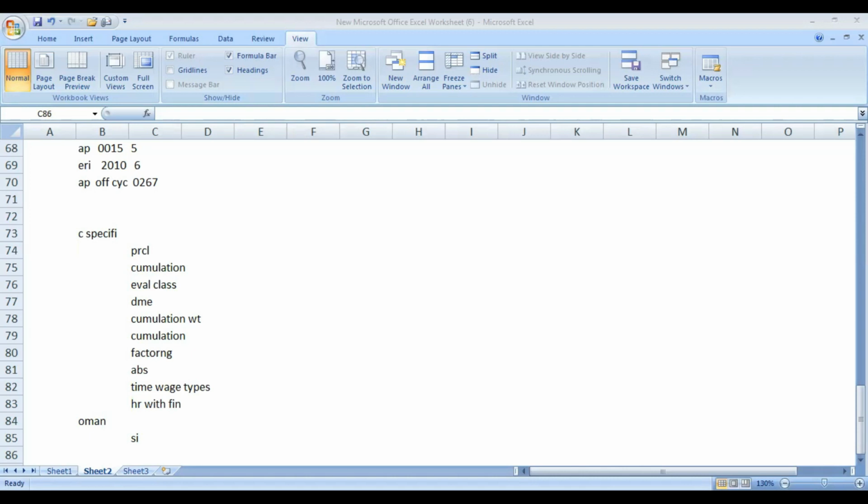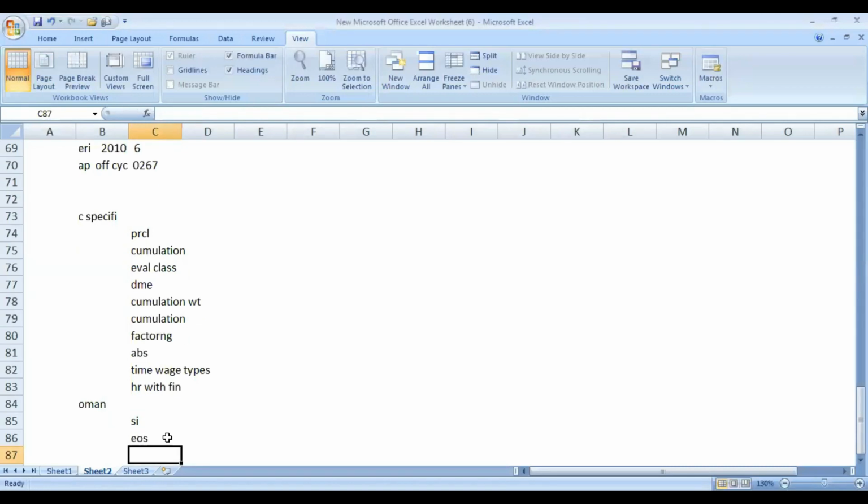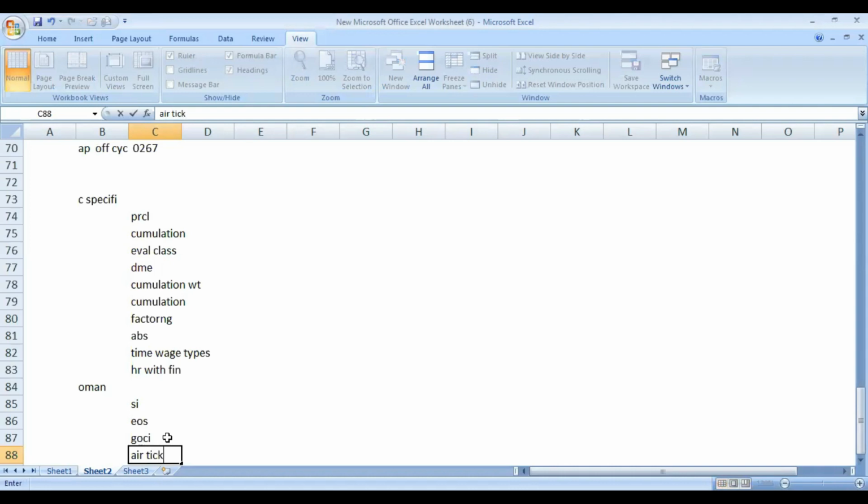Will Infotech 416 be common or country specific, sir? That is country specific. Okay, Oman is not there here. But basically in Oman, what is social insurance and EOS? I think even air ticketing also. Then air ticketing. GOSI applies for